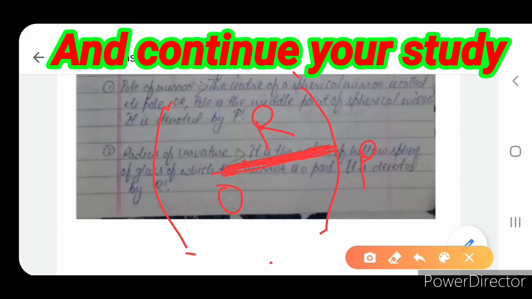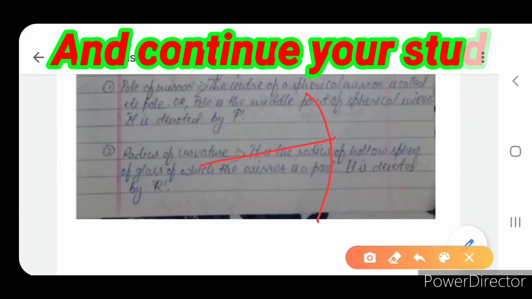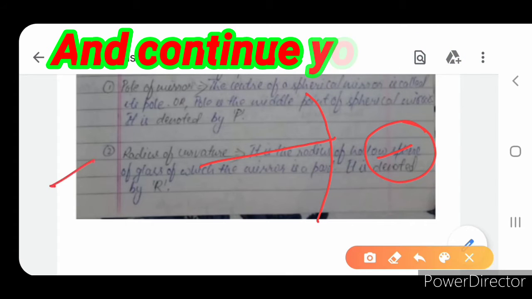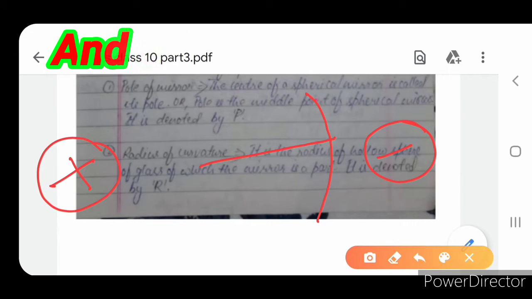Radius of curvature is generally denoted by capital R. In a concave mirror, the radius of curvature is taken negative, and in a convex mirror, the radius of curvature is taken positive. When we solve sign convention, we will know in detail why the radius of a concave mirror is taken negative and why the radius of a convex mirror is taken positive. Now next,